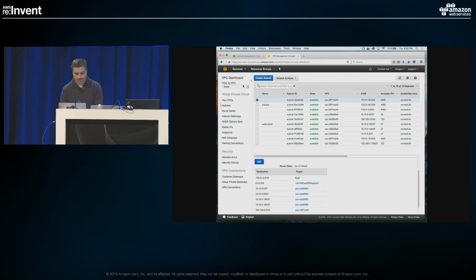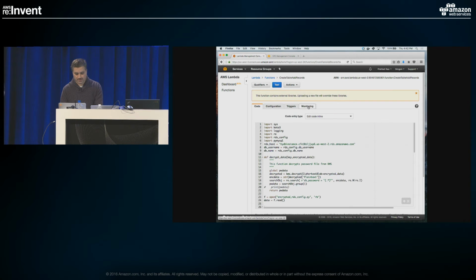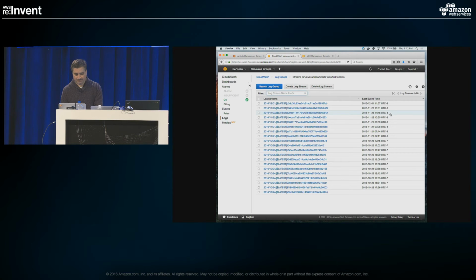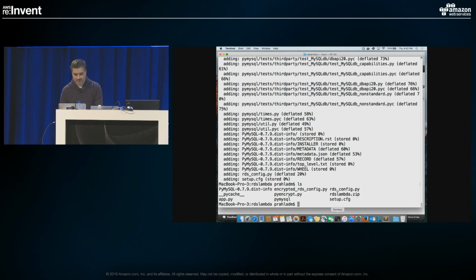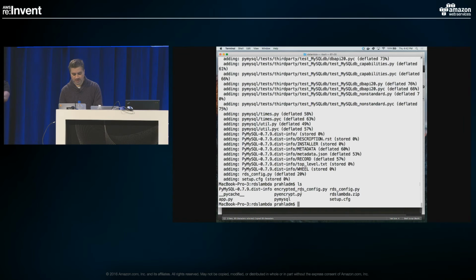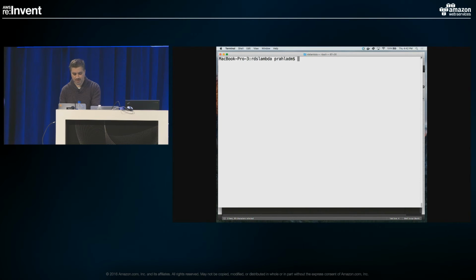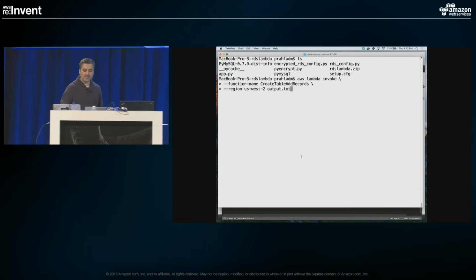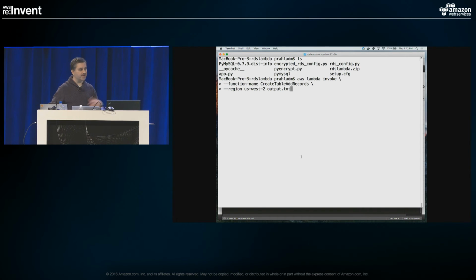What we can do is, I'll also open CloudWatch. Now what we'll do is, we'll go ahead and invoke the Lambda function. So invoke the Lambda function. Let me clear the screen so that it's visible. I hope it's visible to all of you in the back. So I'm just invoking the Lambda function, and then I'm just redirecting the output to an output.txt so that we can see the